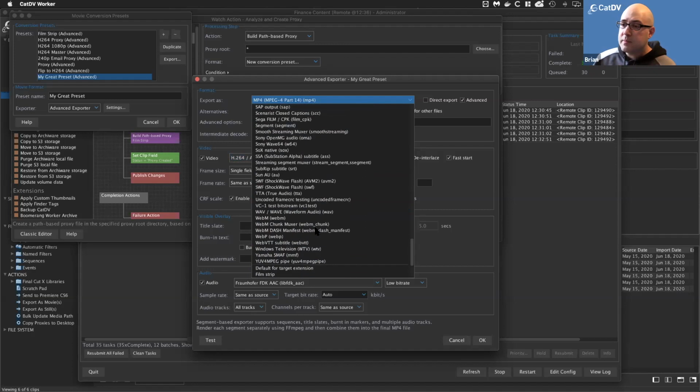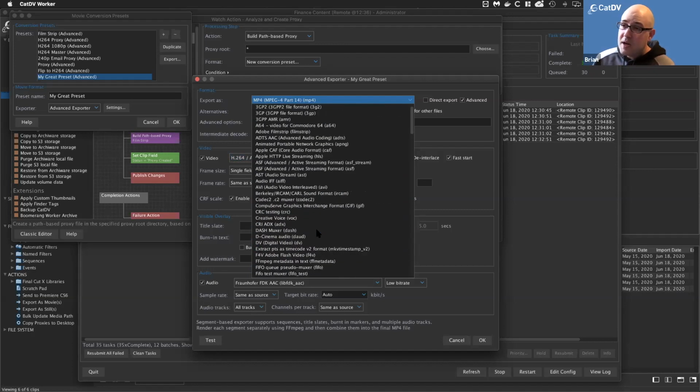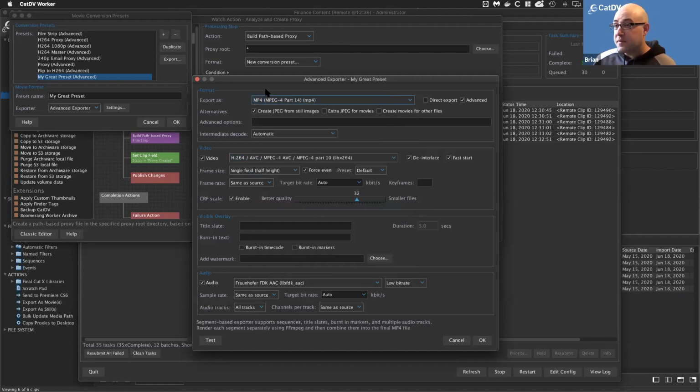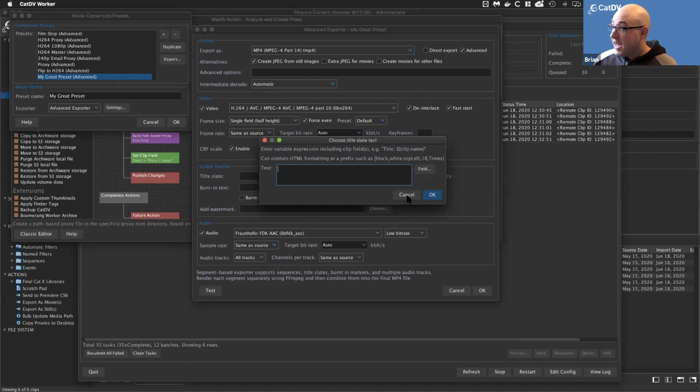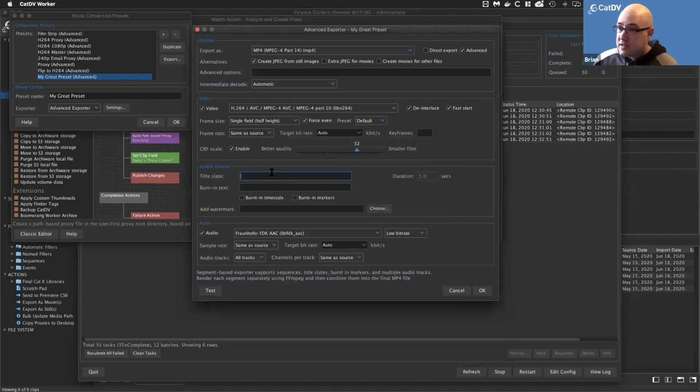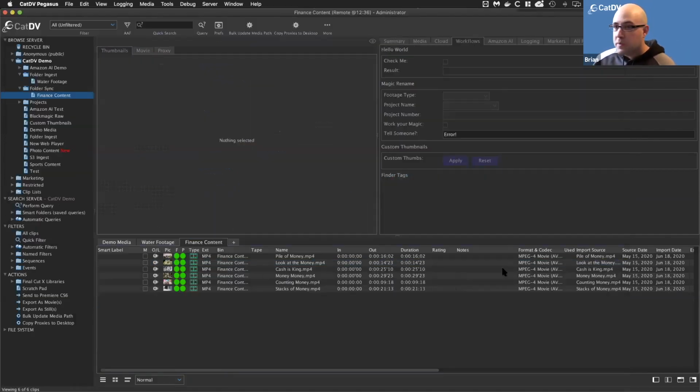So if you're on a system, especially with an NVIDIA GPU, you can really make your transcodes fly under multiple worker processes. So what else can this advanced exporter do? It can manage adding a slate if you want to have a pre-slate before the clip. You can burn in text. So if you wanted to burn in something like the word proxy, which is what I've done on my